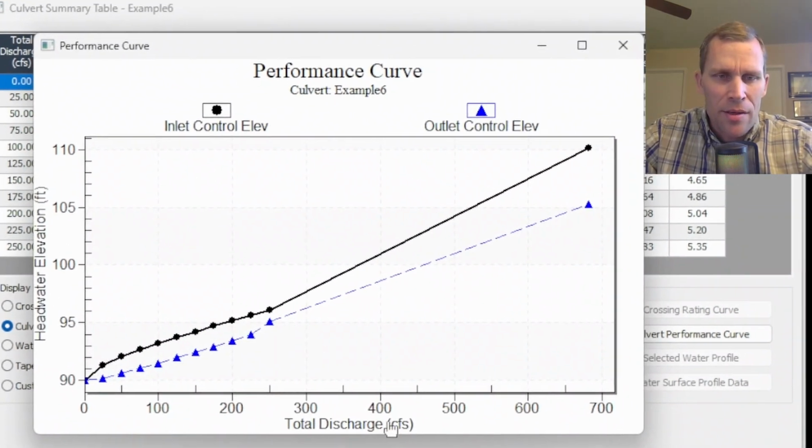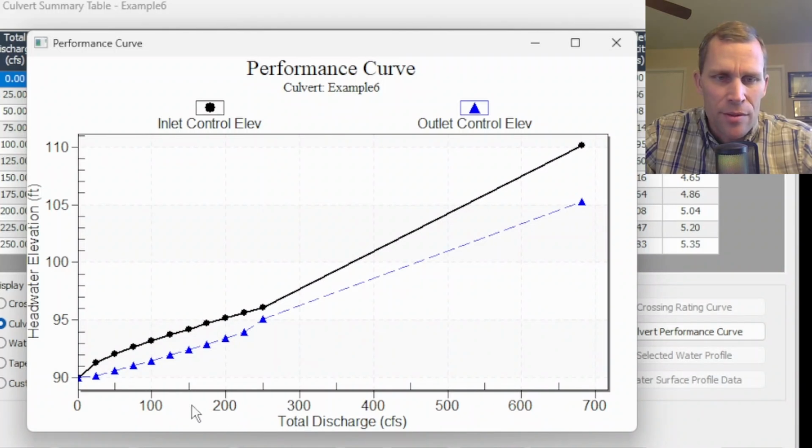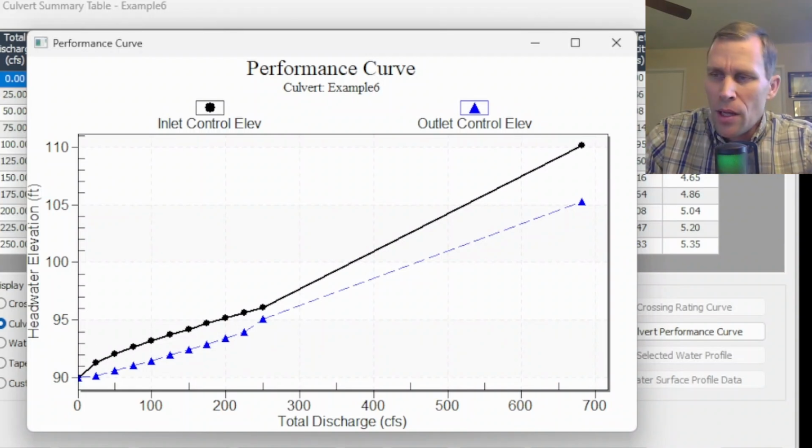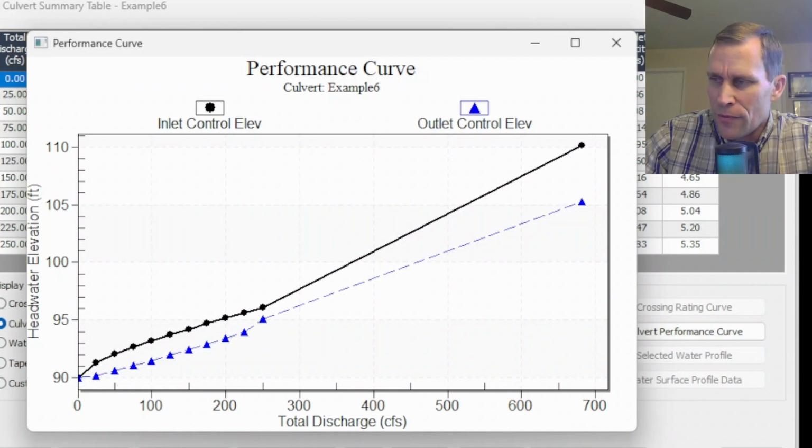What we have is a plot of the flow rates ranging from 0 up to 250, and then one final point right up here at the overtopping point and the headwater elevation. And then we have two different series of data, the inlet controlled elevation and outlet controlled elevation. It looks like this is inlet controlled for the entire range of flow rates, which is the black line right here. A plot of the performance curve inlet versus outlet control headwater elevation versus discharge will appear after viewing this